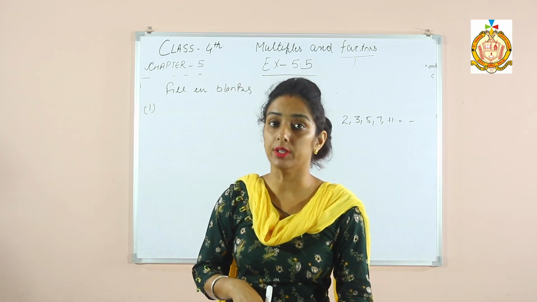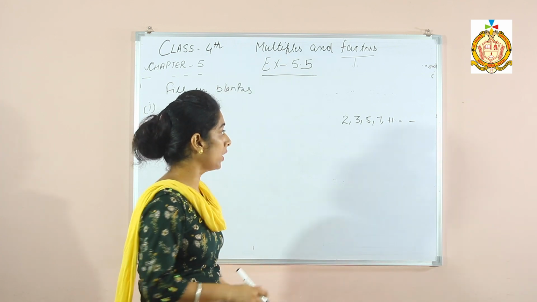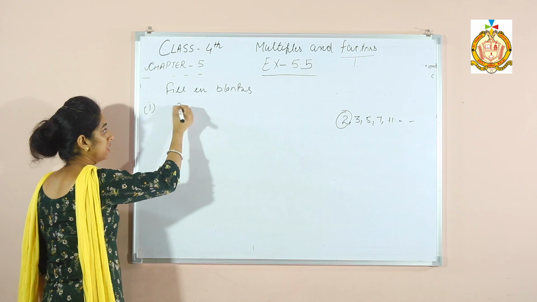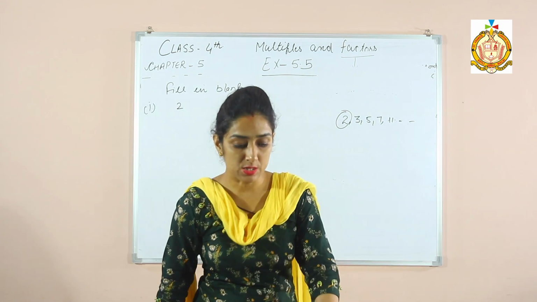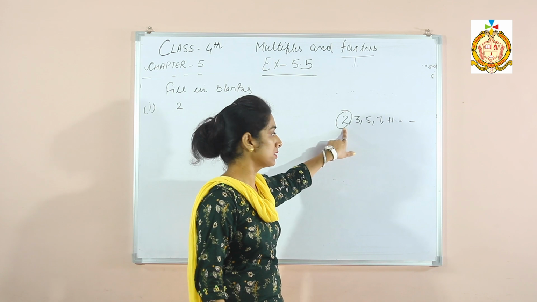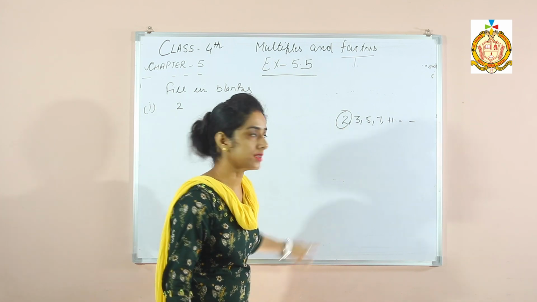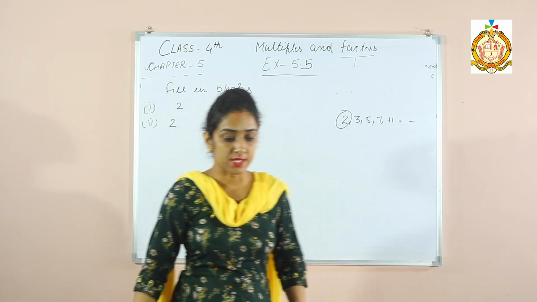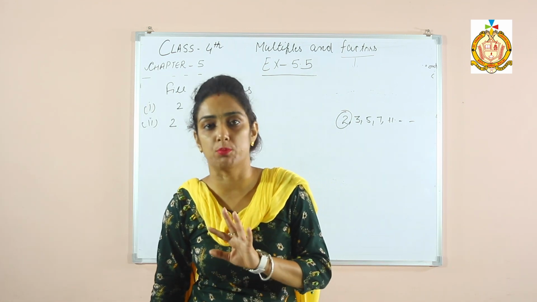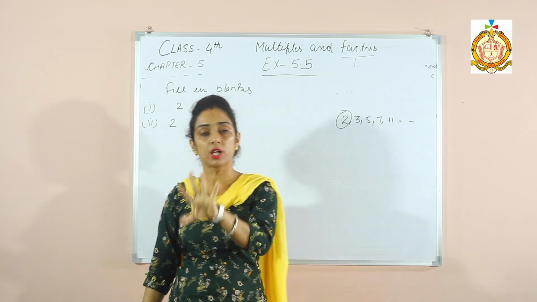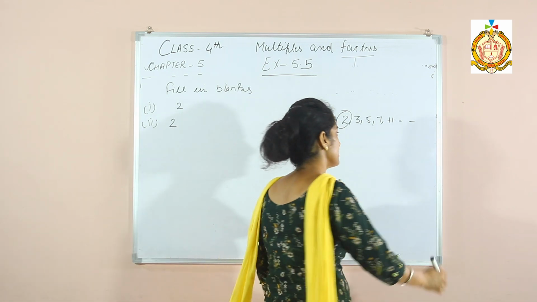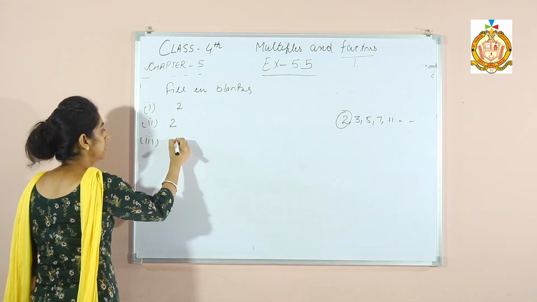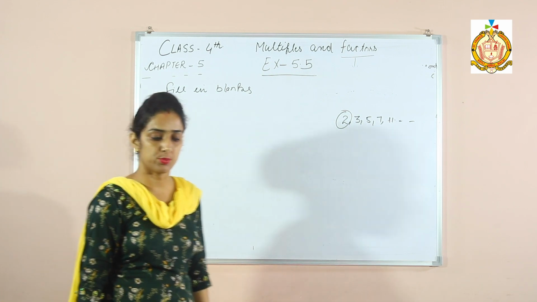Now, only even prime number. What is the even prime number? That is 2. Even prime number is 2. Smallest prime number: this is the first number, the smallest number. So the smallest prime number is 2. Dash is neither prime nor composite. A number which is neither prime nor composite is 1. 1 is not a prime number, not a composite number.